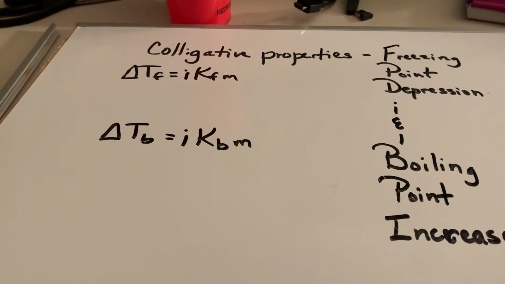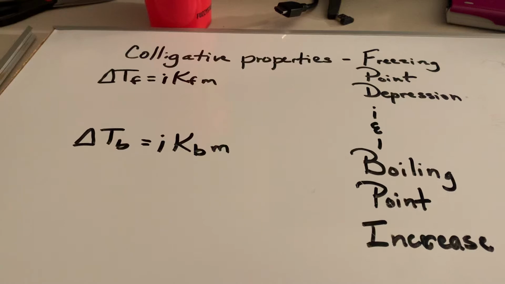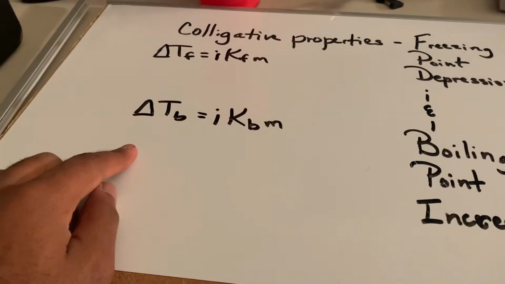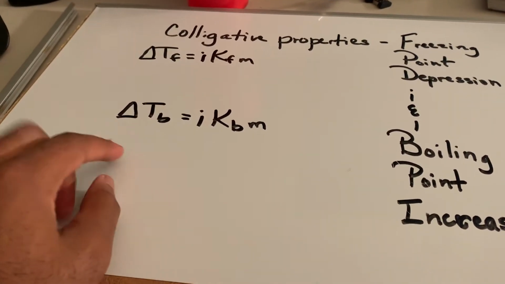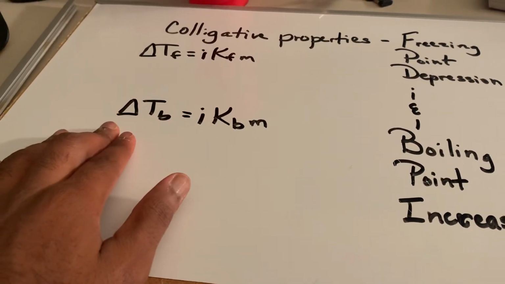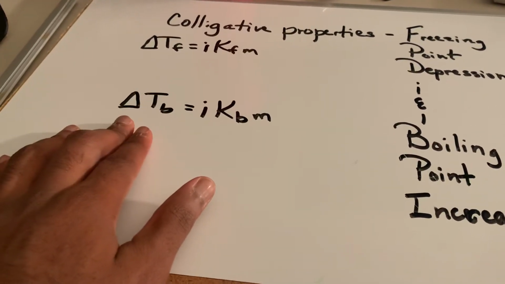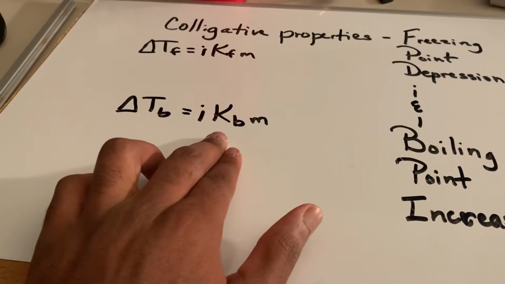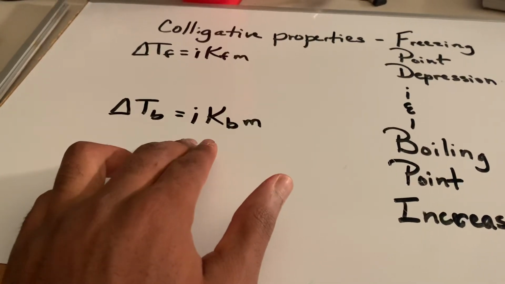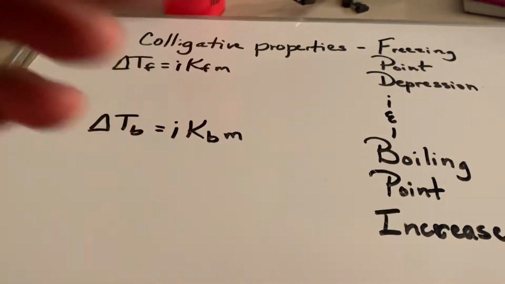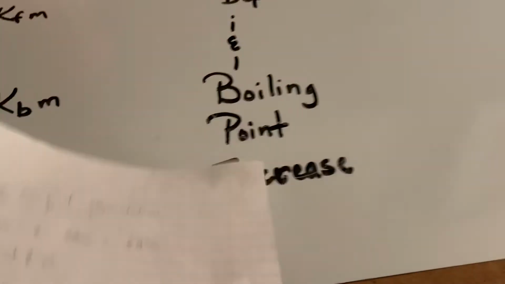If we have a solution and we're trying to find a change in temperature due to its solvent, we would put our information into this equation here. We have our delta T, which is our change in boiling point, we have our boiling point constant, and then we have our i, which will be our moles constant. Just to see what that looks like in an equation,